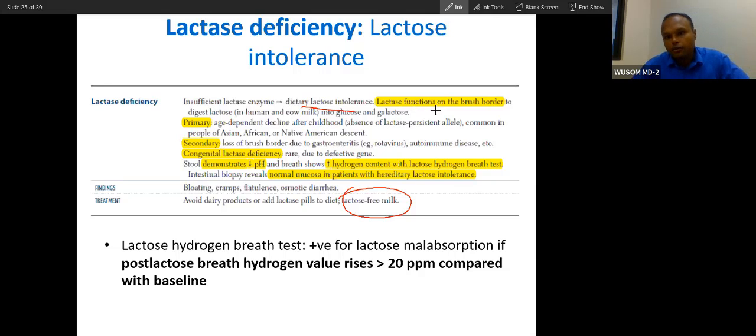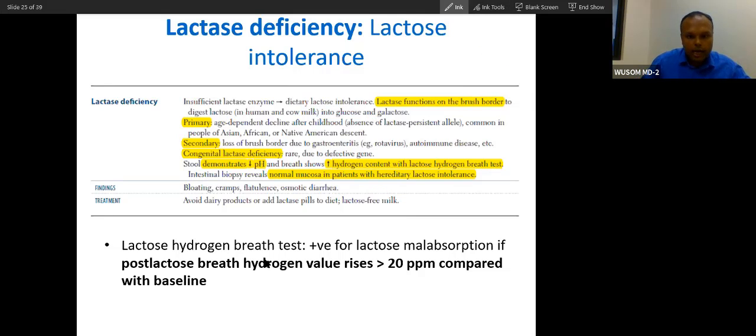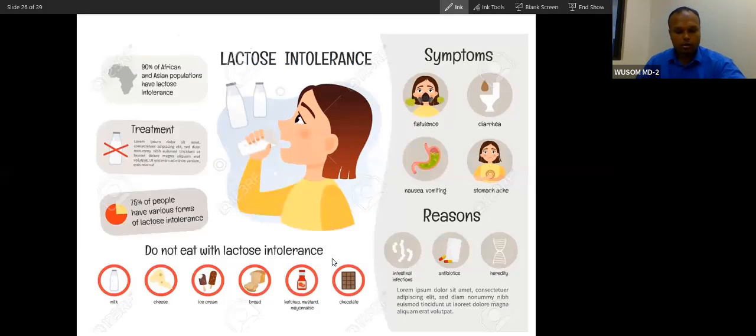And lactase functions on the brush border, you already know this. It digests lactose in humans into glucose and galactose, you already know this. Okay, so the lactose hydrogen breath test is positive for lactase malabsorption if post-lactose breath hydrogen rises above this. So this is 20 ppm. Remember, this picture I have taken from here,